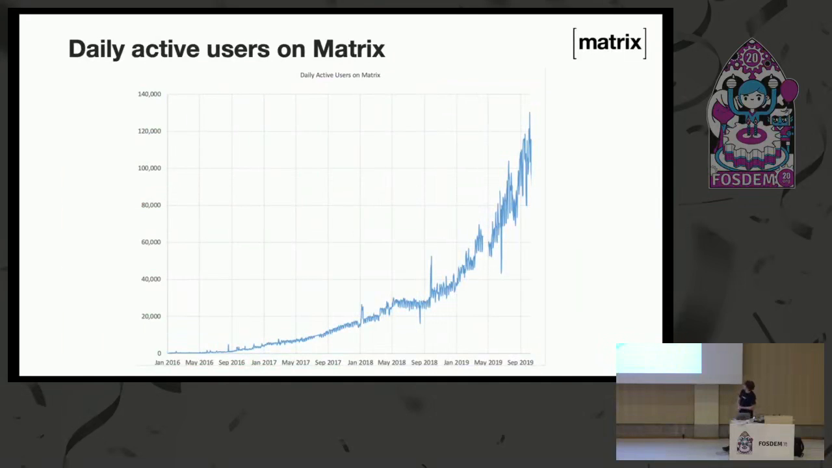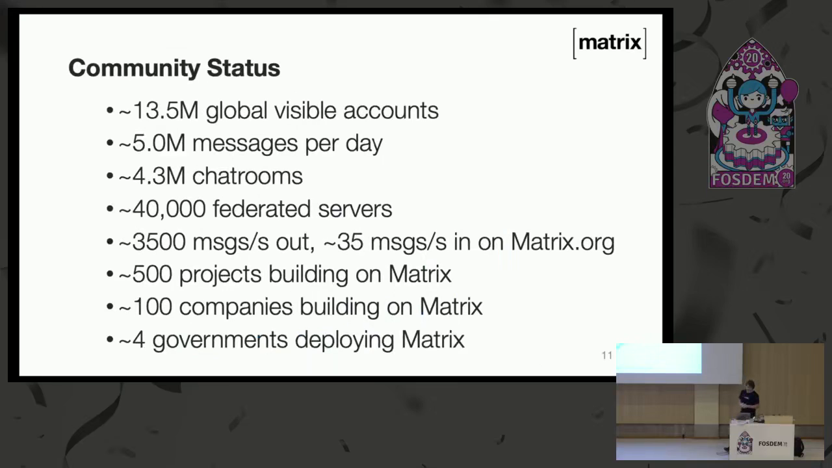In terms of uptake, daily active users are following this interesting parabola over the last 3 years. Not much really to say about that, other than it puts a lot of pressure on us to make sure that the server implementations scale. And overall community stats: 13 million global MXIDs, about 5 million messages a day that we can see, 4.5